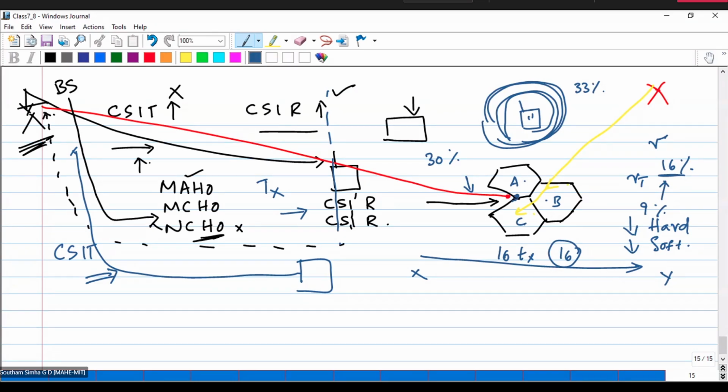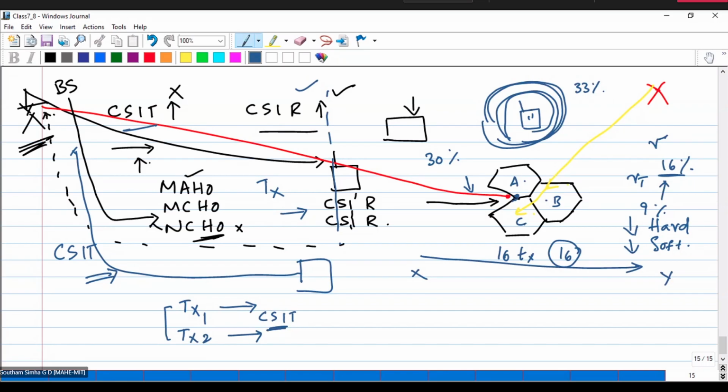Now what if CSIR is available, CSIT is not available, and you don't have any other paging channel to transmit the received information to the transmitter? It means I don't know what is happening at the transmitter. Only channel state information availability at the receiver I know. Now you tell me what happens to the state of the system. In that case, the transmitter simply cannot transmit whatever it requires. You cannot simply go on transmitting whatever you need, like BPSK, QPSK. Now you don't know what is happening at the